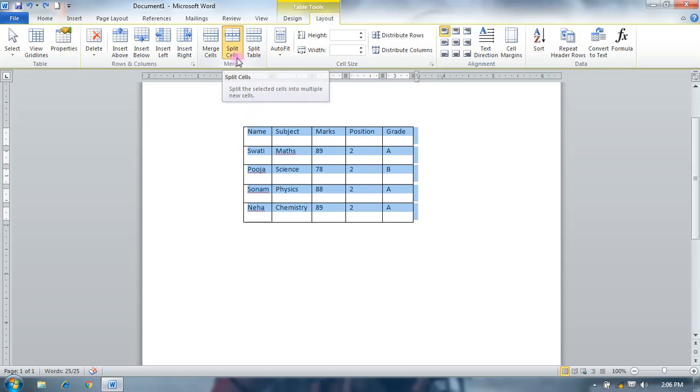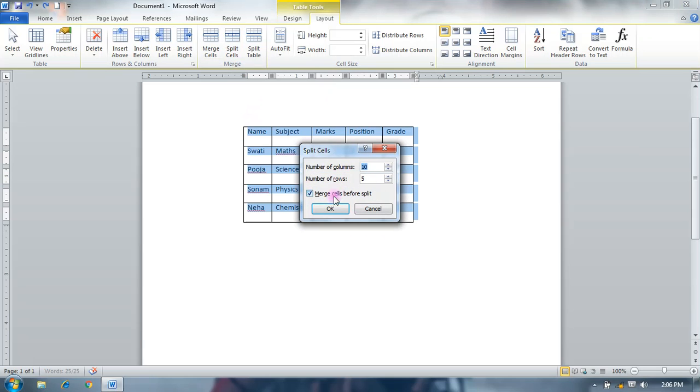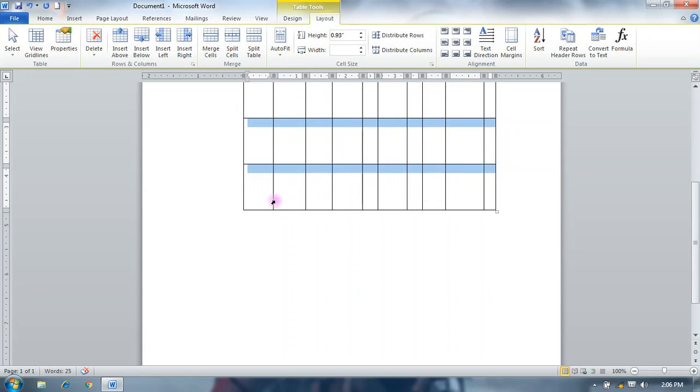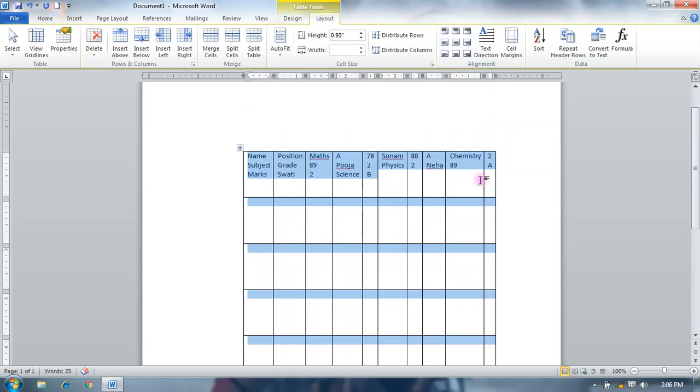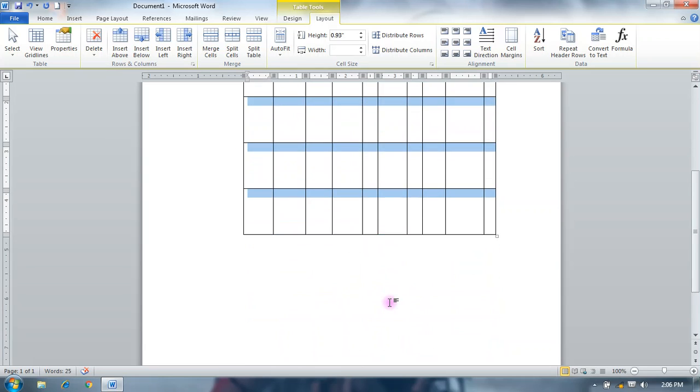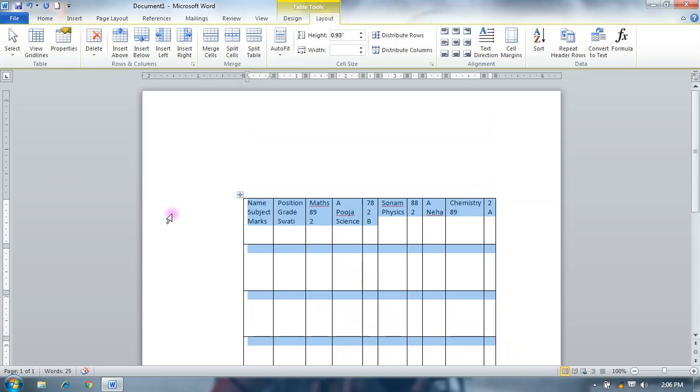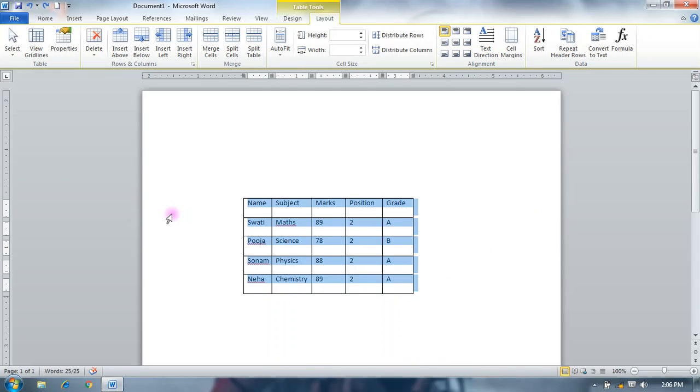Split cell splits the cell. Okay, so each cell is split, selected from column or row. Okay, and this splits your cell. It is divided into many cells. So again you can press Control Z.